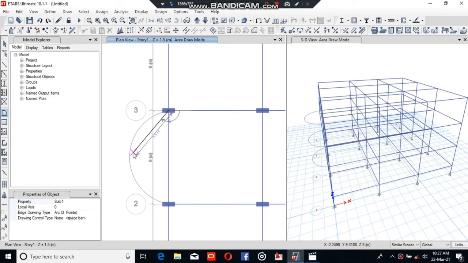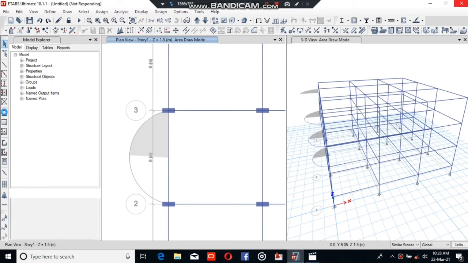So select the first point and then the midpoint of the arc and then the third point here and click on the center. Okay, that's okay. No click, just press the escape button. Here we do not click again, so wait for this. So the slab is assigned. Now from the other side repeat the same process.